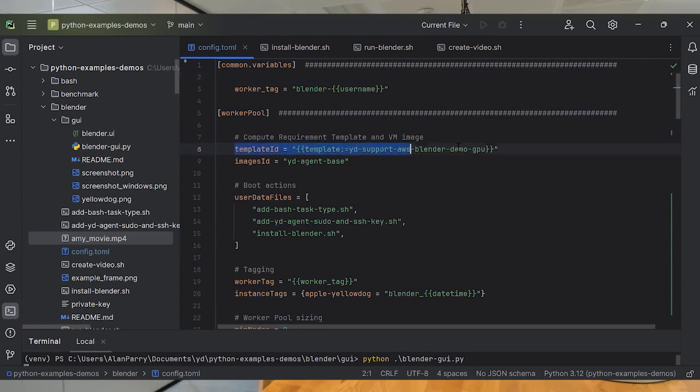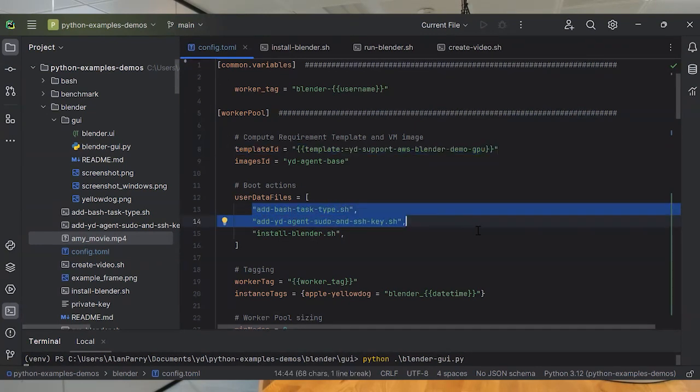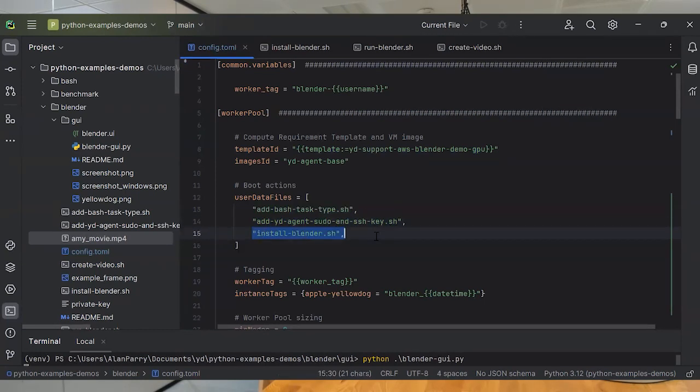In it you can see that we're referencing a template in the YellowDog platform. So this defines the compute that we want to run our demo on, and it could be a mixture of cloud computing, on-premise computing, or a hybrid mixture of all of those. What we're going to do with that compute then is configure it for our usage. What we're doing here is installing some task types, installing the YellowDog agent, and critically for this demo we're installing